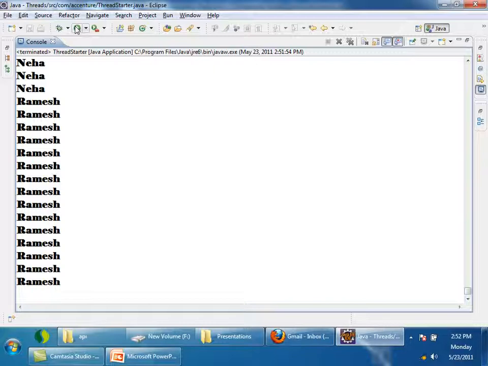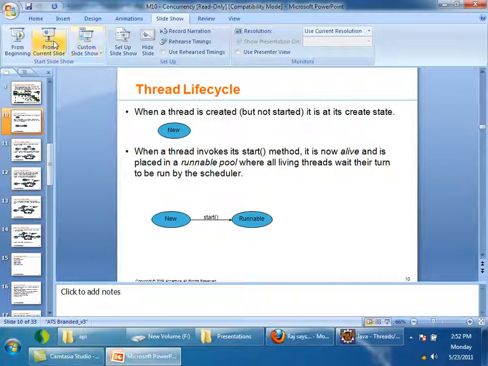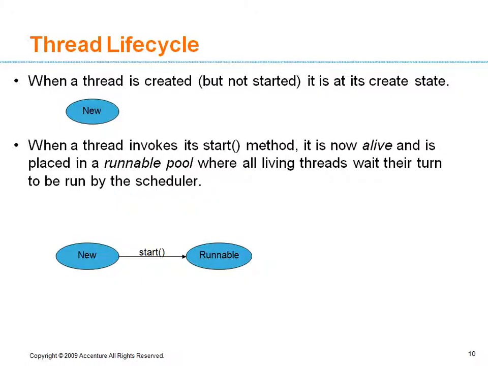Now if you understand the life cycle of a thread, then you'll understand why you are getting the output very clearly. Let us try to understand the life cycle of a thread. When a thread is created, meaning when I created a new thread but didn't call the start method, it is said to be in a state called new.